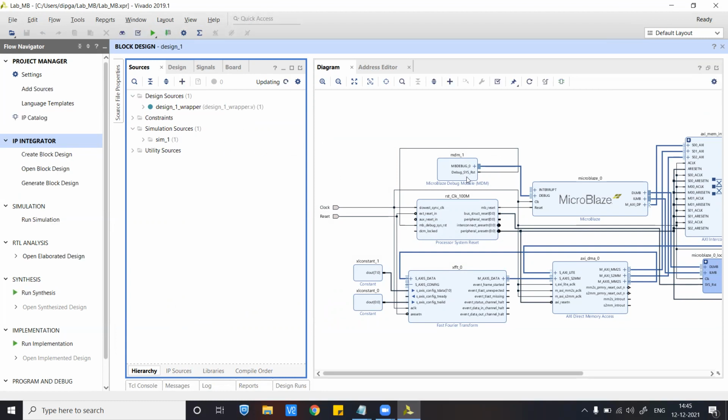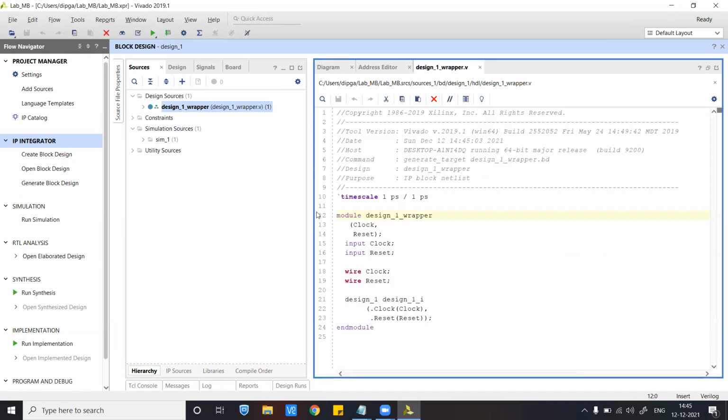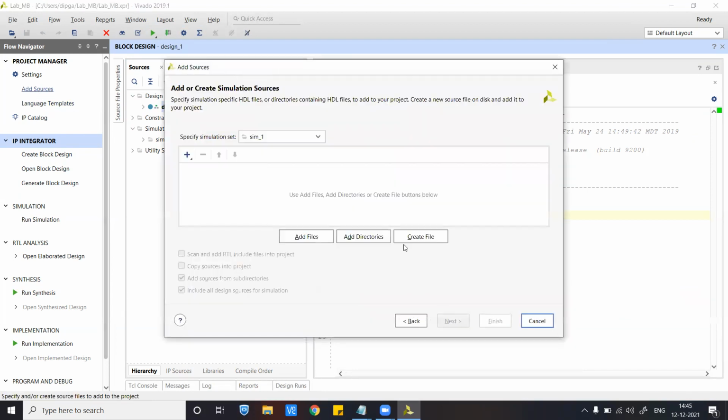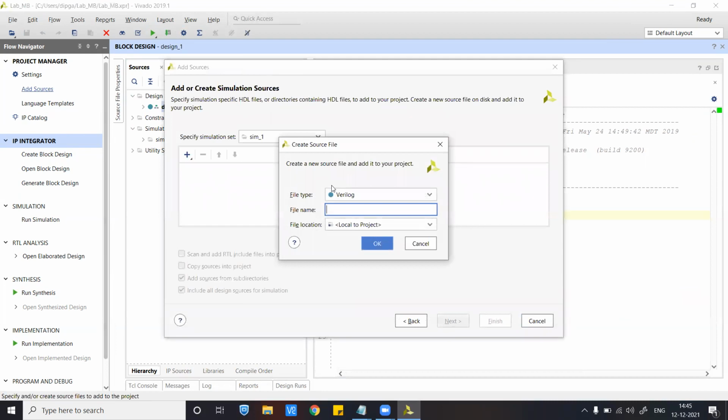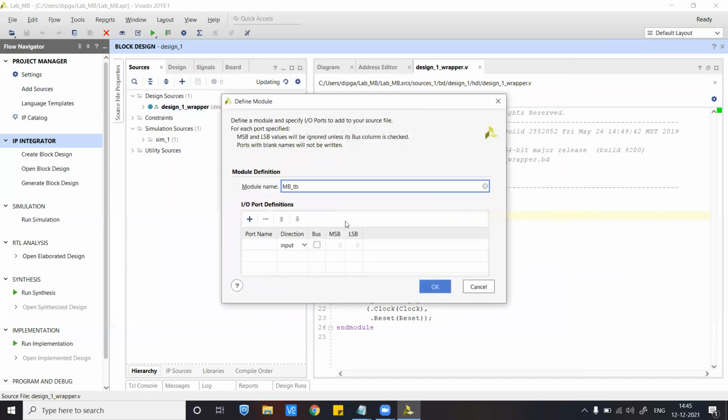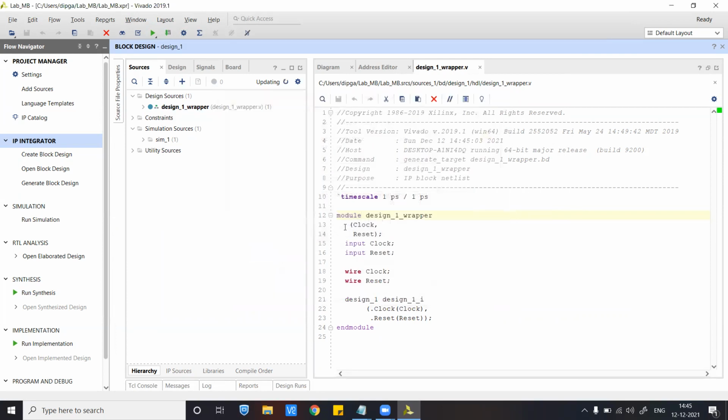Fine. The HDL wrapper, you can see, has been generated. I want a simulation source, so let me generate a simulation source. Create file. Let's name it microblaze test bench. Then finish.